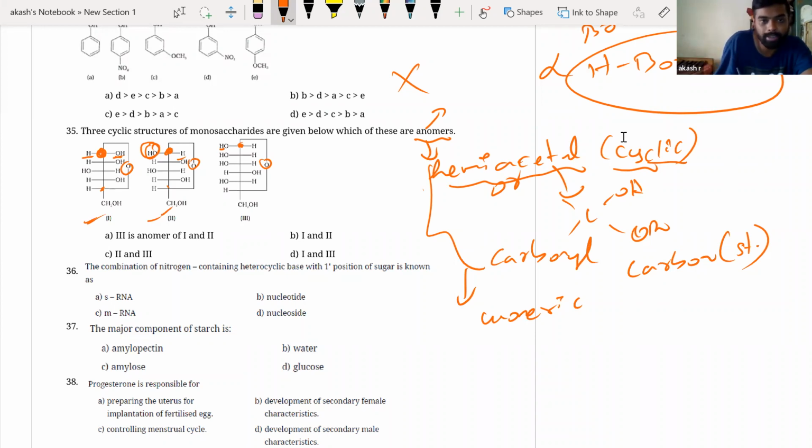And you see that how many carbons are there? 1, 2, 3, 4, 5, 6 here. 1, 2, 3, 4, 5, 6. Again, 7 right here. 1, 2, 3, 4, 5, 6, 7 carbons are there. So 3 we cannot even take. It is having an extra carbon atom. But if you check 1 and 2, they are having 6 carbon atoms, and exactly at the anomeric carbon there is a different orientation. H, OH, OH, H. So which of the following are anomers? Only 1 and 2. 3 is not even in the picture. I hope you got what I'm trying to say, right?